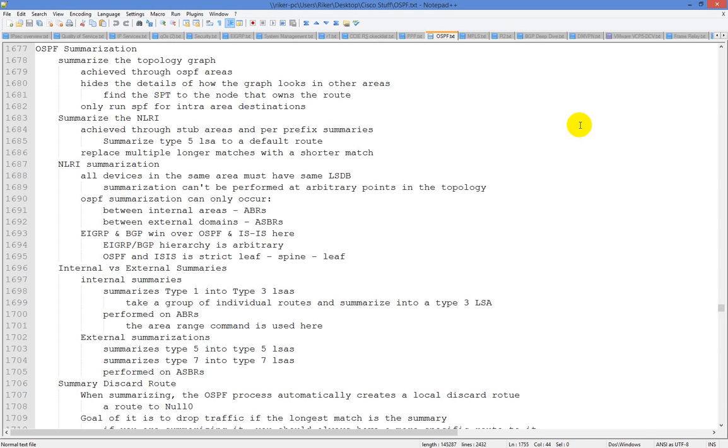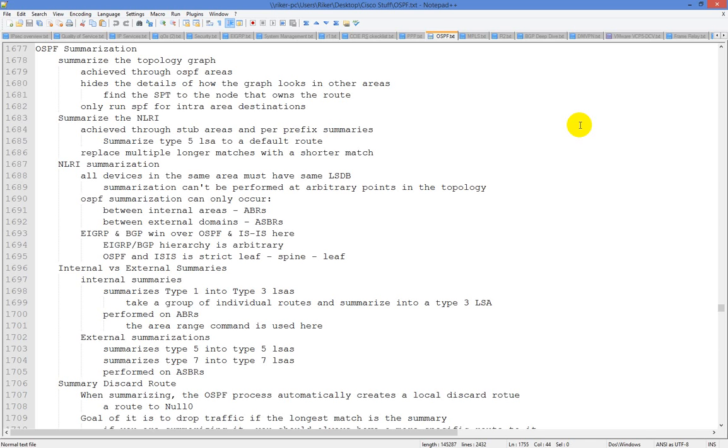So now when you replace a longer match with a shorter match, that is what they refer to as network layer reachability information summarization, because you're taking a longer match and shortening it down to a shorter match. You can use this as traffic engineering if you'd like. So basically what that means is you can create a stub on one router and not on another, or you could manipulate how traffic is originated. So you could say, I don't want to have a stub, or I do want to have a stub, or I want to have a summary or a summary address, or if I want to have the area range, and